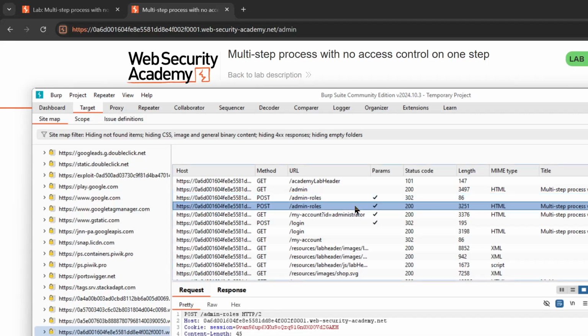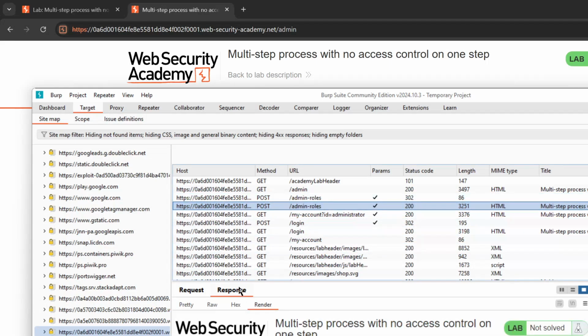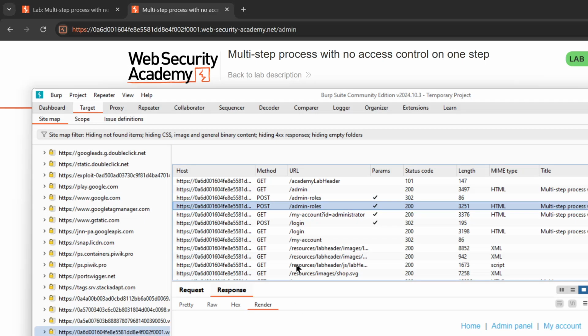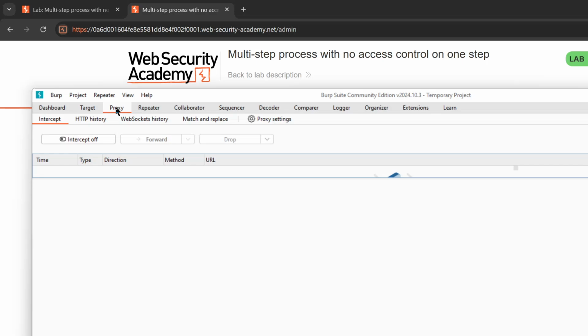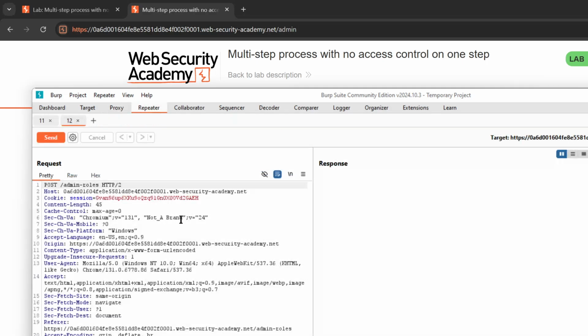To be clear on what exactly I'm sending to Repeater, I'm sending this request, and I'm sending the one where Carlos was promoted to user. Here, this is basically the admin session cookie. If I replace this with Wiener's session cookie, it's almost equivalent to just saying Wiener's the one